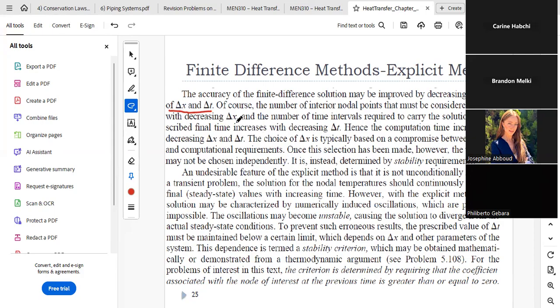So when you decrease delta x, you will need more node points in order to divide your space. For example, if I have 1 meter, and I say that I will consider delta x to be 0.1,